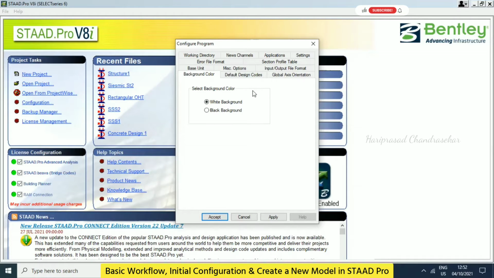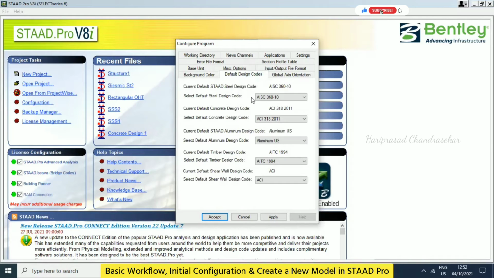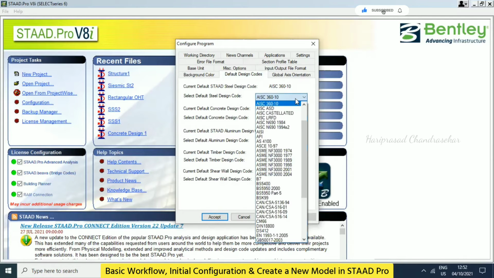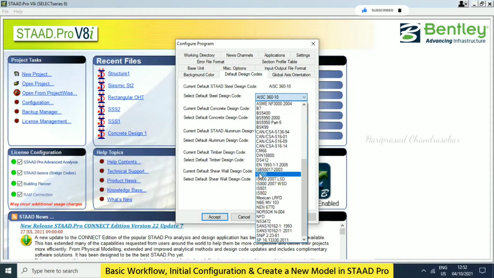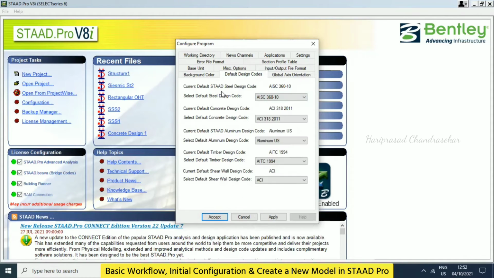We can also specify our default design codes. There are lots of design codes, as I discussed, and you mentioned that you are using American codes. Here you can see the code names. Do you know which code this is? And this one is for aluminum, so you might be aware of it. You can search in the drop down and select whatever code you need. We even have Indian standard codes. This is for steel, this is for concrete, this is for aluminum, this is for timber, and you can select everything from here.